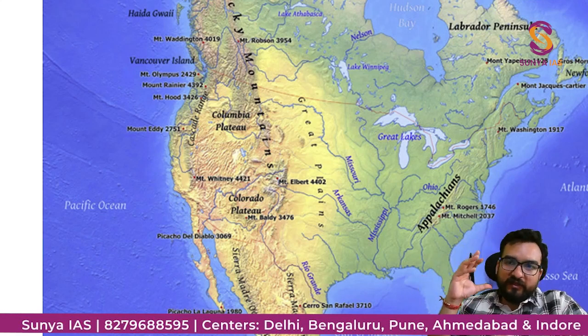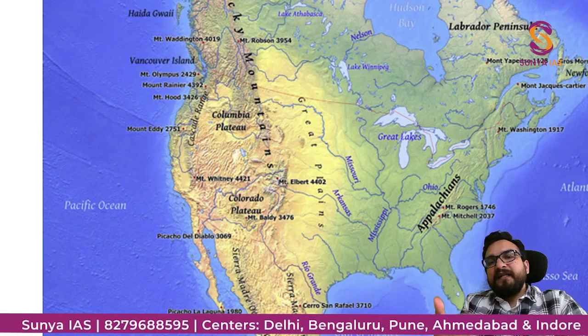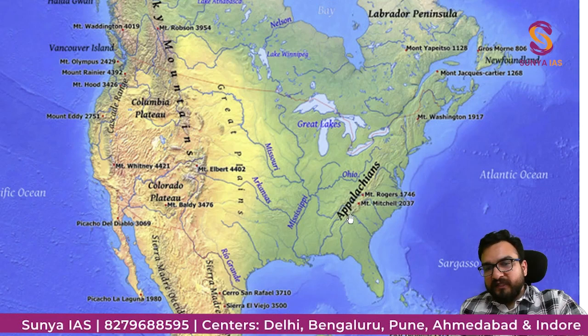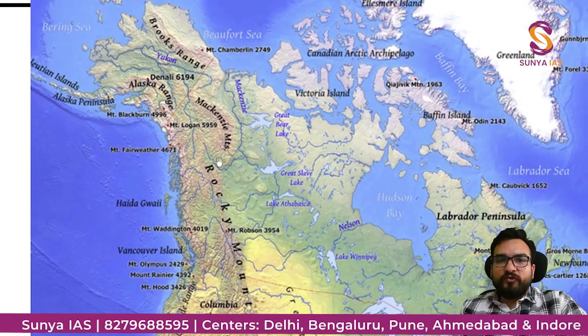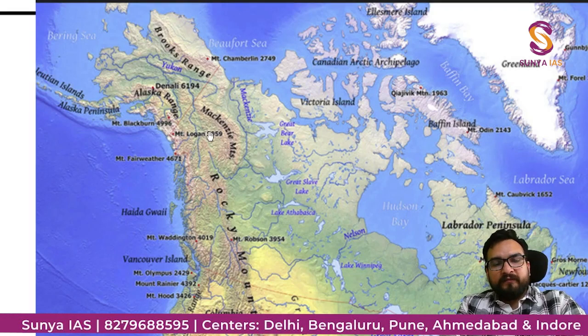बहुत सारे ऐसे mountains आप, this is the role of a mentor where I can clearly tell you कि आप ये छोड़ सकते हो और ये नहीं छोड़ सकते, ठीक है. जो मैं कह रहा हूँ ये पकड़ के रखना है, you have to hold it, right? So Mount Whitney, Mount Albert, Rockies Mountains, यहाँ पे Appalachians, सीधा spelling भी आप ध्यान में रखना. Appalachians Mountain आप यहाँ पर ध्यान में रखेंगे, ठीक है. Labrador Peninsula I have told you. So this is your mountain range which you have to remember guys, right?